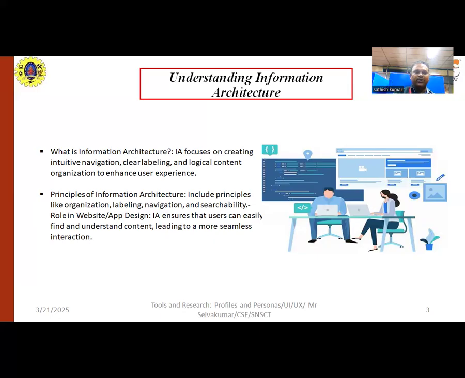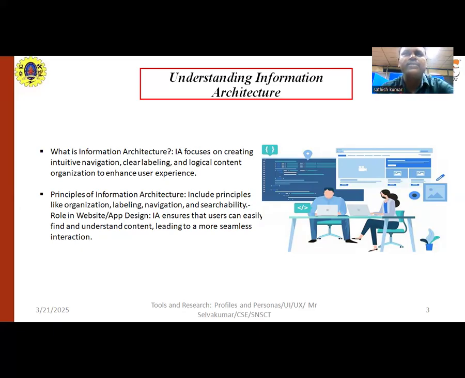Examples of personas. Sarah, the busy professional, a 35 years old marketing manager who is constantly juggling multiple projects and needs tools to help her stay organized and on track. David, the tech-savvy student, a 20 years old college student who relies heavily on technology for studying and socializing and needs reliable and user-friendly platforms for online learning. Maria, the senior citizen, a 70 years old retired teacher who is new to technology and needs a simple and intuitive interface for accessing online information and communicating with her family.